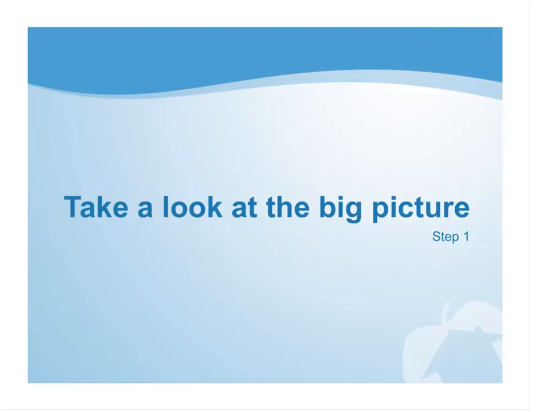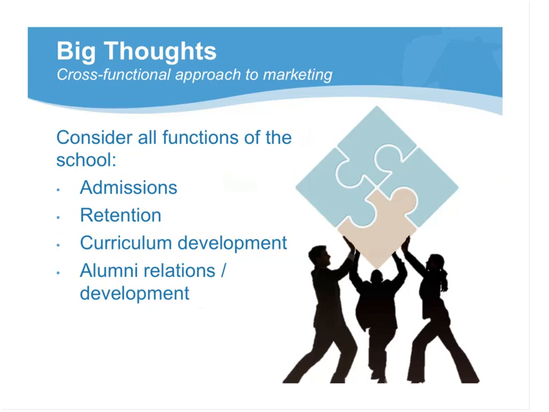Step one, taking a look at the big picture. As a marketer, you need to be concerned about everything that is going on in the institution and whether it can help or hinder your efforts. I favor reporting structures that have marketing and admissions under one roof, since these two functions are so inextricably linked. Additionally, curriculum or product development is extremely important, as this is the future of what you can market. You want to have a voice in what gets developed.